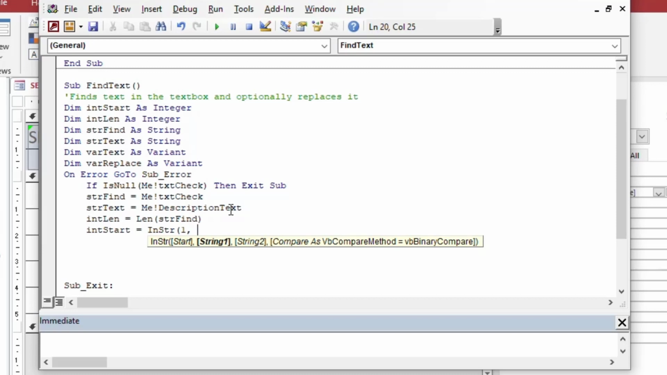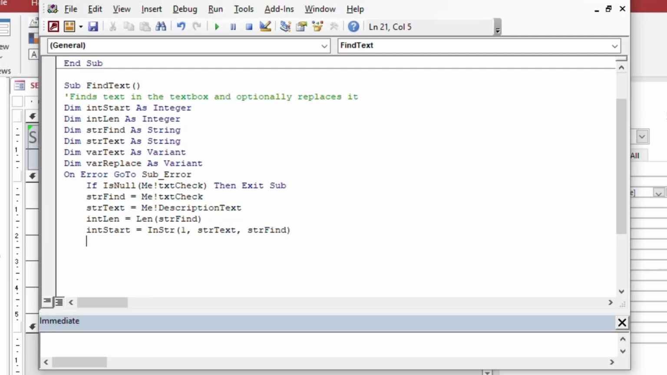So I've got my length, and I'm going to grab the starting point. So now that I've got my find string in there, I'm going to go ahead and load that. I'm going to say int start is equal to InStr, starting at 1, in this text, find this particular string, and so that's going to give me the starting point, and then I'll grab that replacement from the txt replace. Again, I'm using a variant there in case that's null,